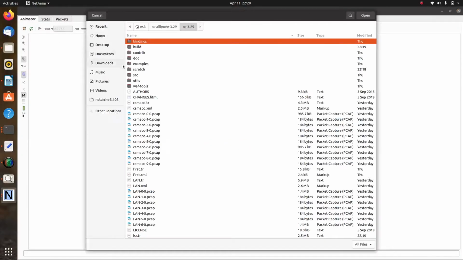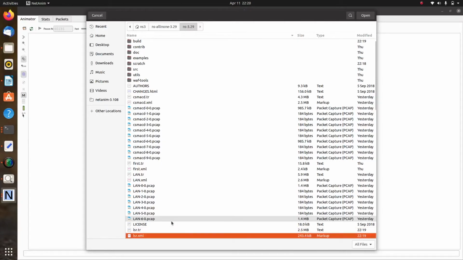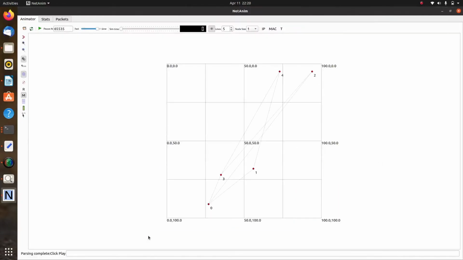So now select the lsr.xml file. In this case I have various XML files. So let's say lsr.xml file, here it is, open it. So once you open it, it shows you in a different direction. So anyhow, no issues. I'll make the size of the nodes bigger. So let's say I give the size as 5 or 6. So maybe bigger nodes. Now once I start the simulation, it automatically shows you the locations as per the positions.